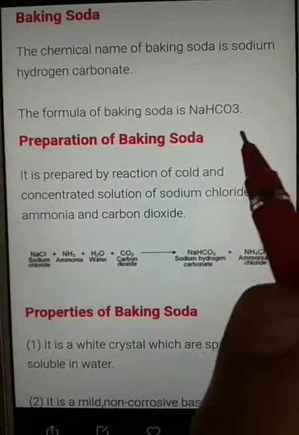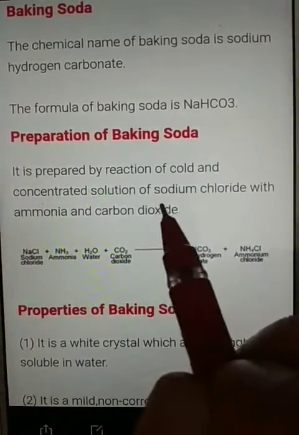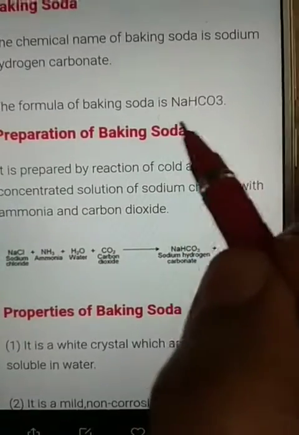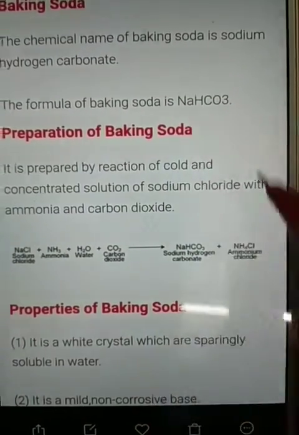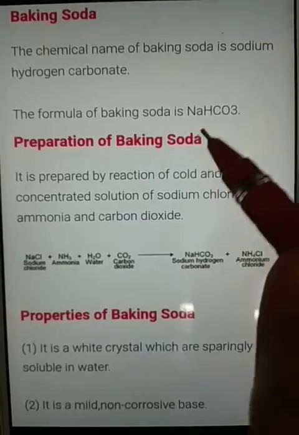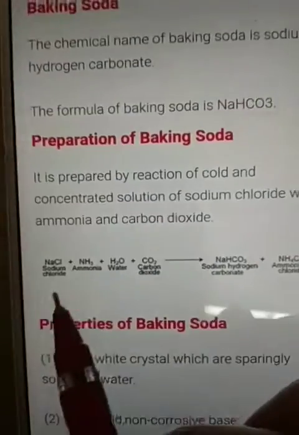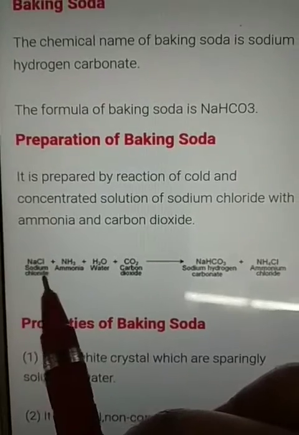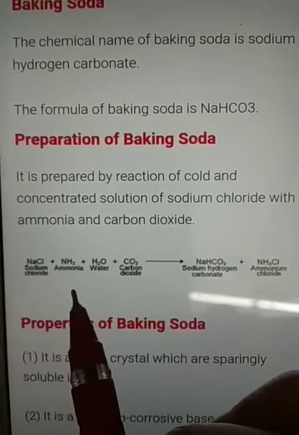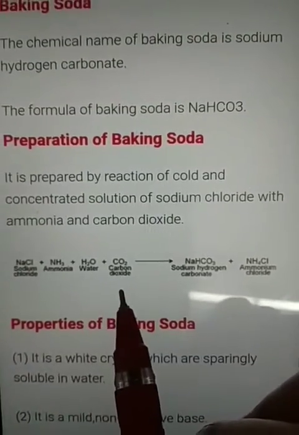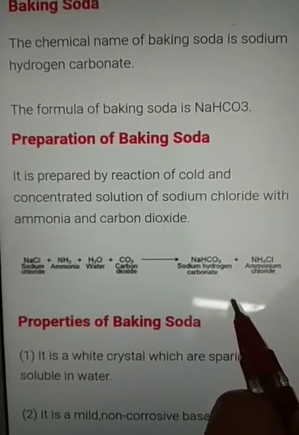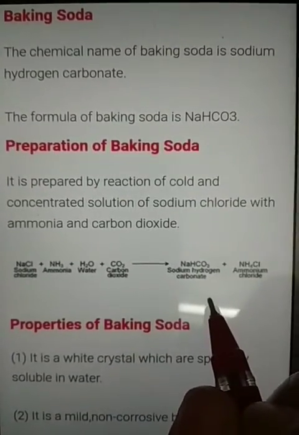Na comes from sodium chloride, with ammonia, NH3, and carbon dioxide. When these substances react together, sodium chloride, ammonia, water, and carbon dioxide, then sodium hydrogen carbonate, meaning baking soda, is formed, and ammonium